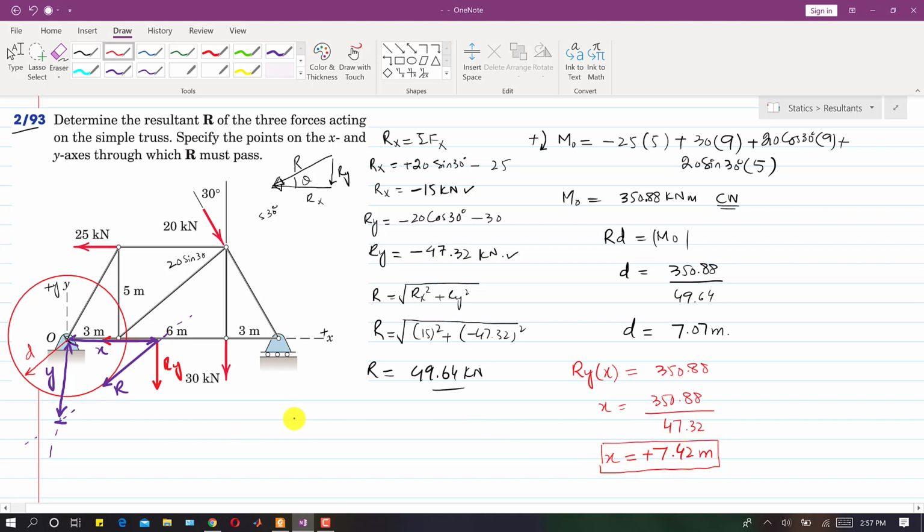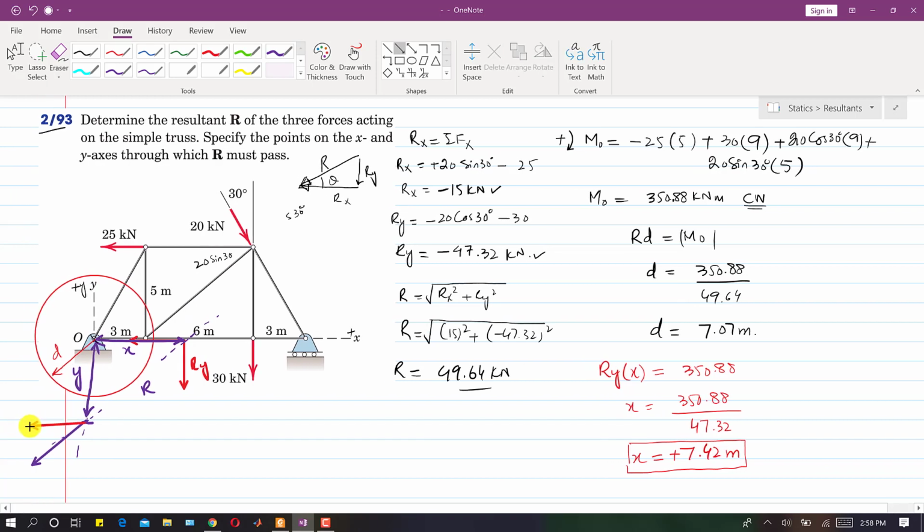Now if we move this force to this point, right, and then resolve this force into its components, only the Rx component will be producing moment about O, and the line of action of Ry will pass through point O, right? So let me move this force to this point. Let's suppose that this is their distance, and now if I resolve this force into its components, one component will be this one, and the other component will be like this.